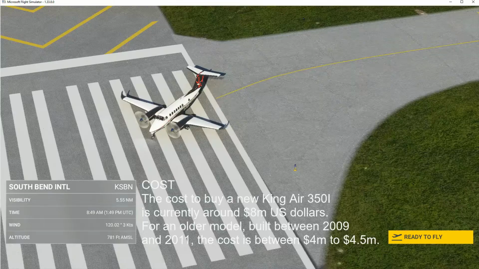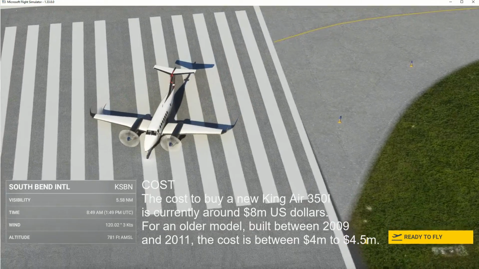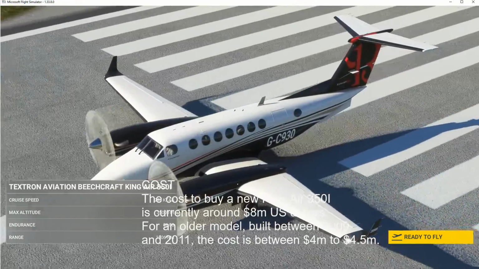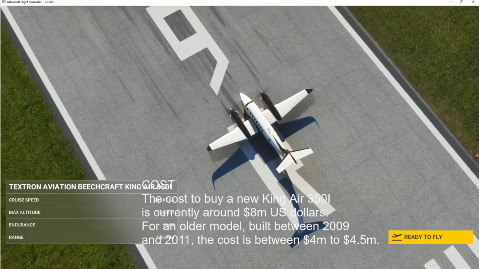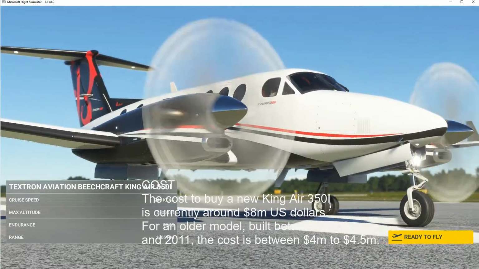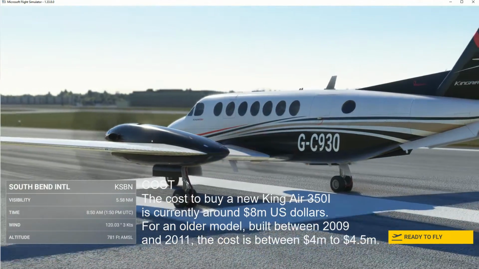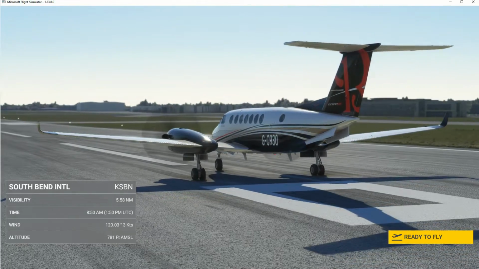So you can see why sometimes an engine will fail, because you got to have a lot of bucks to keep this plane in good shape. But it's a very reliable plane. So this one's equipped with the G1000 NXI, and that runs you around 400 grand, in case you're wondering, just for the avionics system. So we're ready to fly,